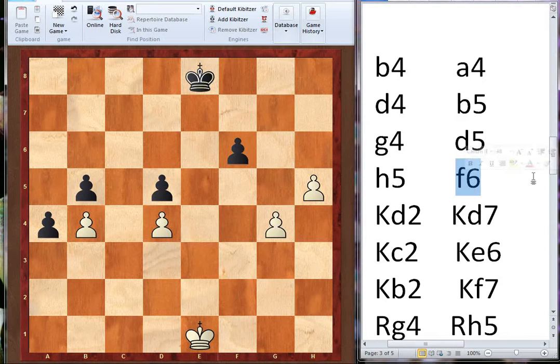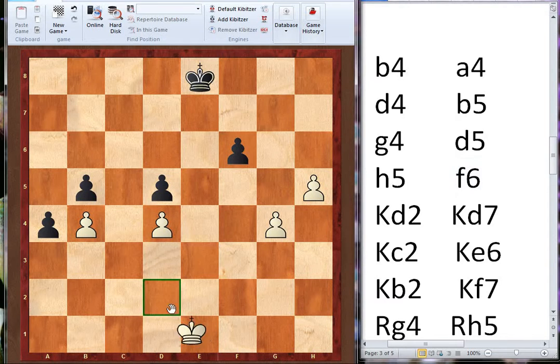See, this is how we are supposed to find the square's name and write the moves. Now remember one thing, while we are writing the name of the squares, they are always in a small letter, and while we are writing the name of pieces, it is in a capital letter.